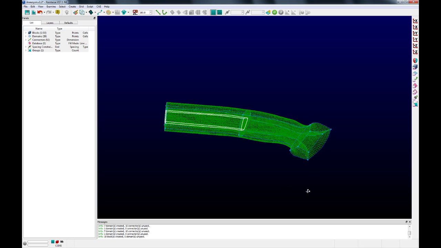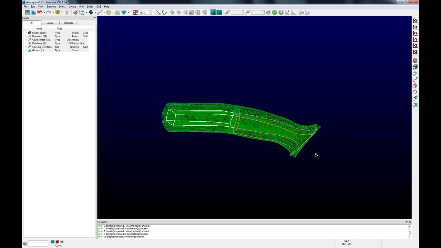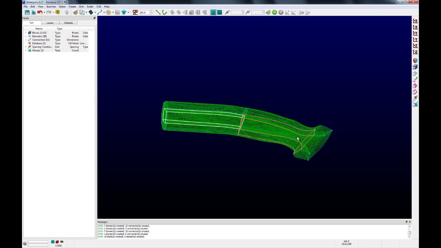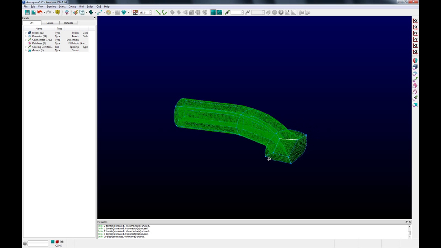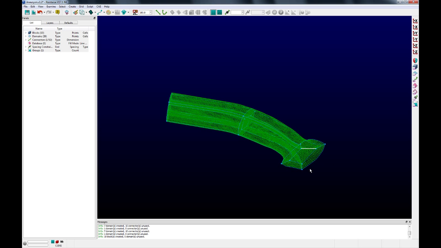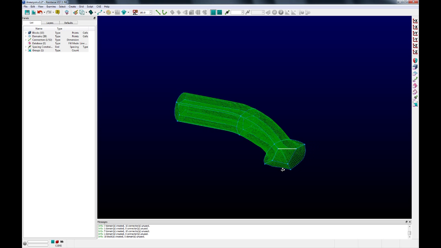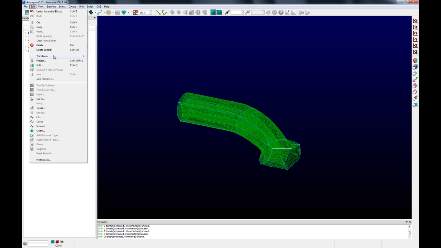We need to provide some 3-dimensionality for this junction here so that this artery can connect to the adjacent artery and the aneurysm. So in order to do that, we're going to select this curve and transform it, and move it around to give it that 3-dimensionality we wanted. So to do so, we go up to Edit, Transform,